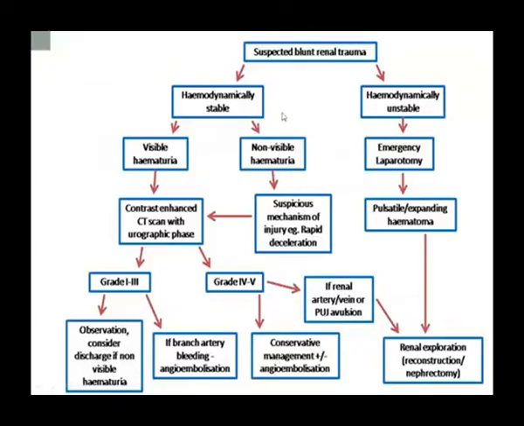This is the flow chart. If the patient is hemodynamically unstable, you have to do an immediate laparotomy, and if you find a pulsatile hematoma, you have to do exploration and possibly nephrectomy. These investigations are always done in the hemodynamically stable patient, when you do the contrast enhanced CT scan, grade the disease properly, and then plan accordingly. If it is grade 1 to 3, then probably it is best to wait and see with non-operative treatment. If it is a grade 5 or 4 injury, then there is a role for possible angioembolization, plus minus exploration.